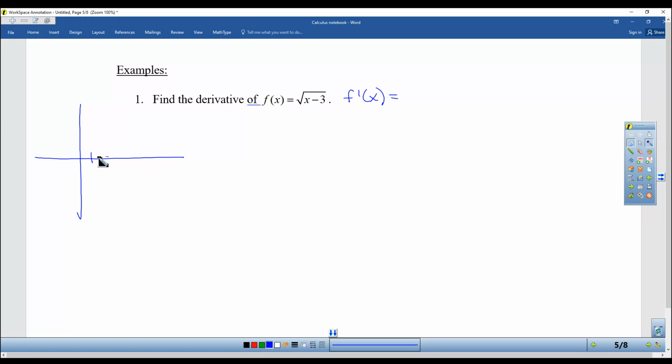Our graph has been moved 3 to the right, 1, 1, 4, 2. It looks something like that. Okay. I'm going to make up 2 points. One of them is going to be x comma the square root of x minus 3. And my second point is going to be x plus h comma the square root of x plus h minus 3. This problem is lovely in that I didn't have to do anything to simplify this point, x plus h minus 3. But there is a little bit more of a learning curve in figuring out how to actually simplify this limit. So y2